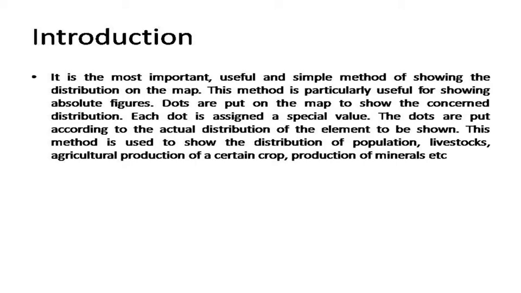Basically, the simplest form of symbol is dot, and a very useful form of distribution map is one on which quantities or values are represented by dots of uniform size, each dot having a specific value. This form of distribution map is especially useful when the values are distributed unevenly and sporadically, a fact which might well be concealed by some form of average density map.